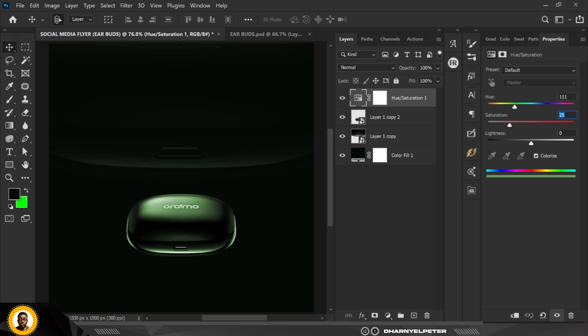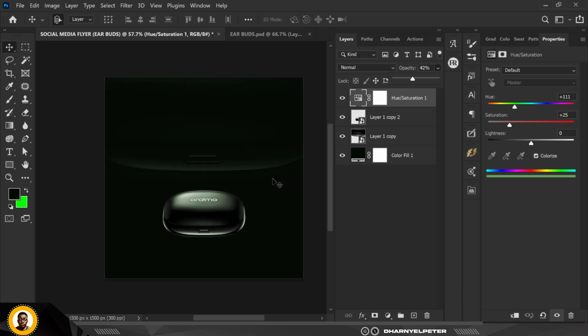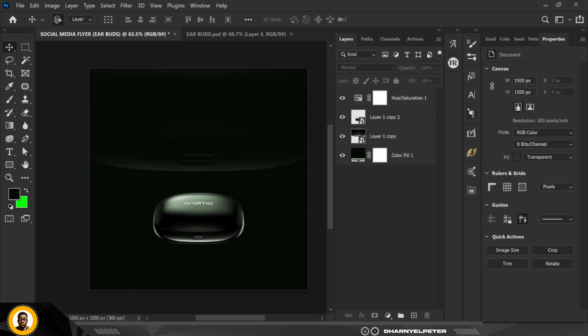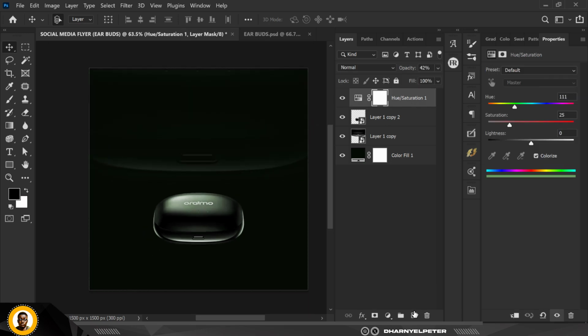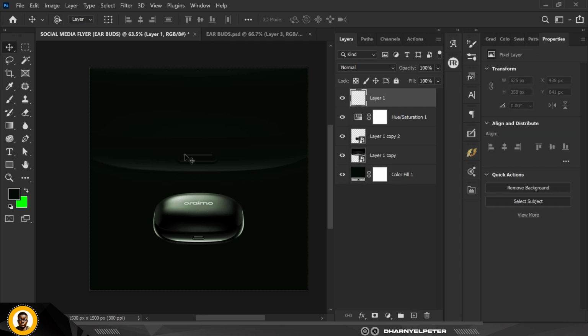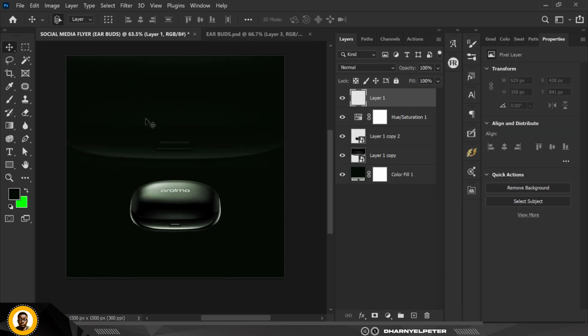The hue is set to 25, 11, 1, right? Good. So I'm just going to reduce the opacity here, and I'm going to make it 42. Make sure it's not too much. Right. I'm going to create a new layer like this,